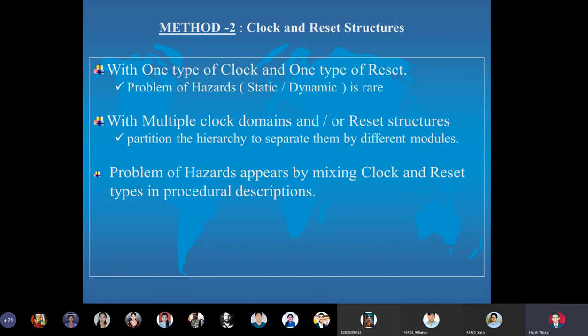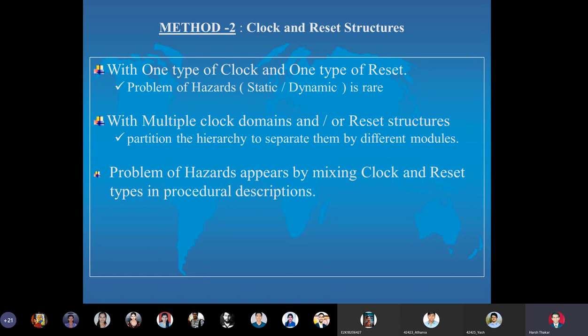That means the output is supposed to be 1 but it continuously goes on toggling between 0 and 1. For example, in your second year when you studied the basic JK flip-flop, we know that the JK flip-flop is better than the SR flip-flop because the SR flip-flop suffers from the problem of racing, and that problem is solved by the JK flip-flop, but the JK flip-flop starts suffering from another problem called race around. So the JK flip-flop solves the racing condition of an SR flip-flop, but itself suffers from a race around condition. The race around condition in a JK flip-flop is solved by the master slave JK flip-flop.